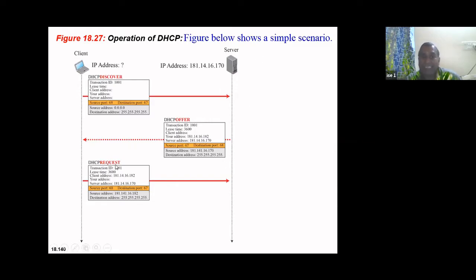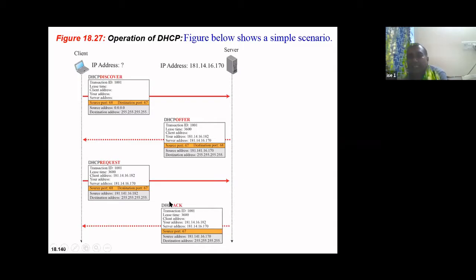So it sends a DHCP request. You got the idea? So once a DHCP request is there, and if this server wants to communicate with the client, then it generates a DHCP acknowledgement. So from the beginning, the transaction ID was generated by the client, the server responded to that transaction ID, and then again it has responded back, and the same transaction ID is continuing.